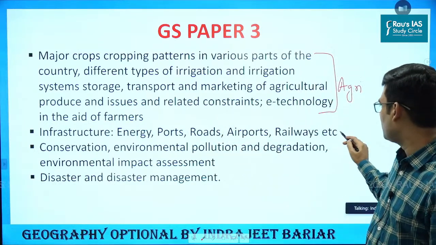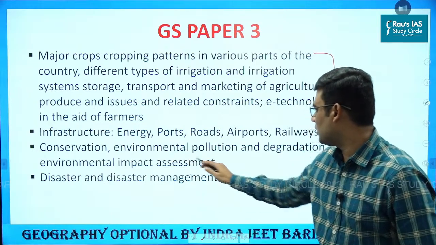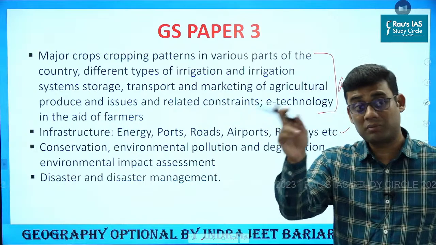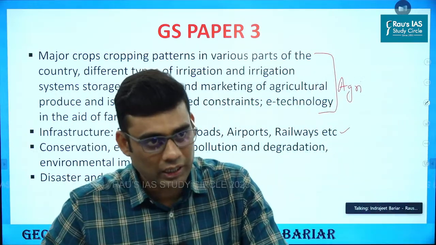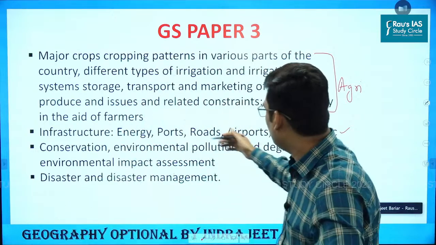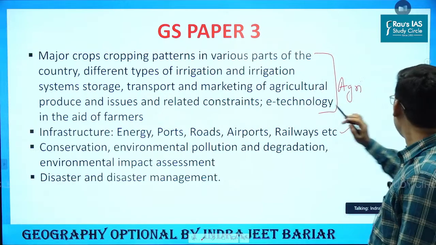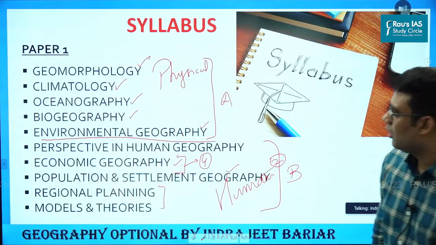Infrastructure, energy, ports, again in paper 2, there is a chapter related to this. Then conservation, environment, degradation, environmental geography, disaster, disaster management, contemporary, that I have shown you, paper 2, unit 10. So a major part of paper 3 also gets covered from here. But in addition to that, now most importantly, if I take you back again to the syllabus, what I see